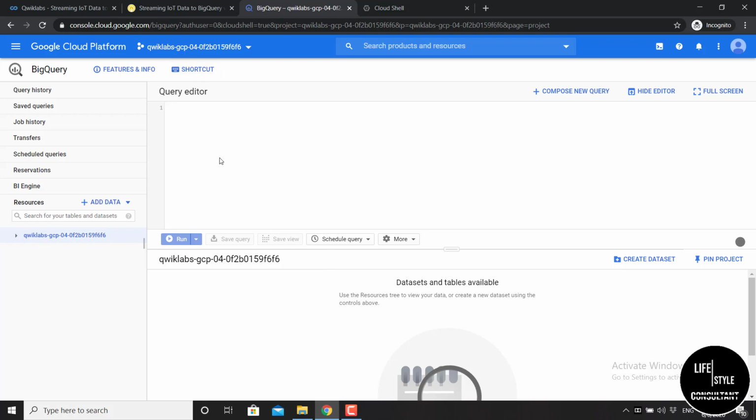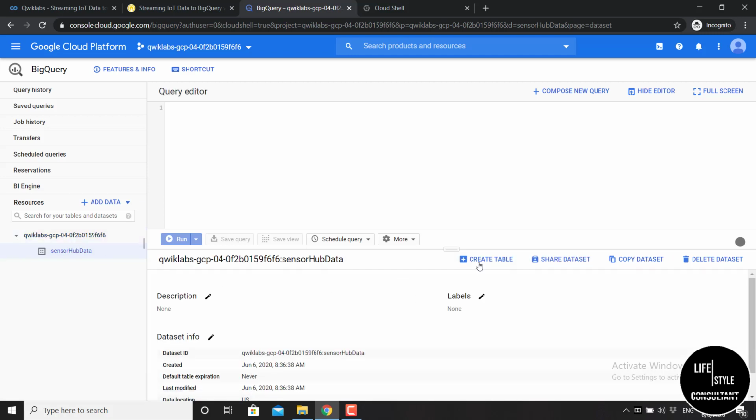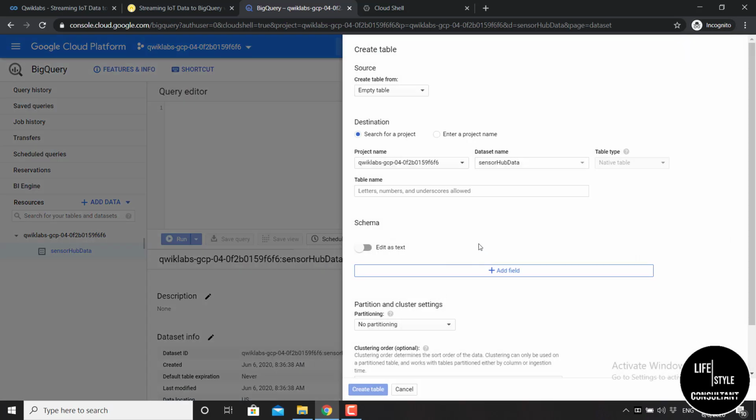Okay, now you have to create a table. To create a table, just click here, click this button, and you will see a dataset like sensor_hub_data. Just click here. After that, you will find an option, create table. Just click here, create table.